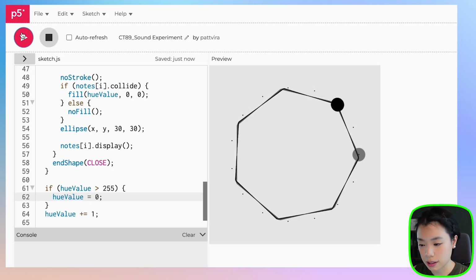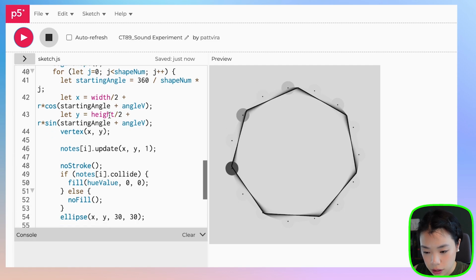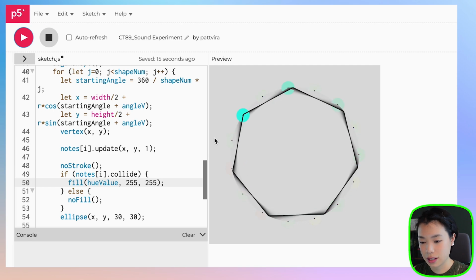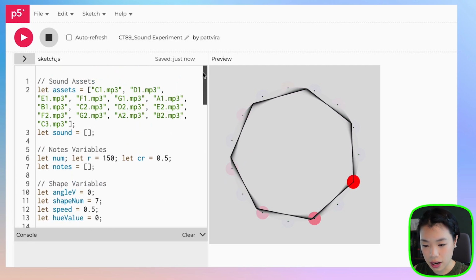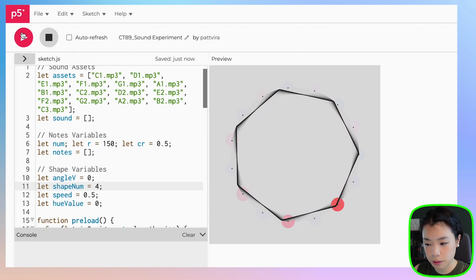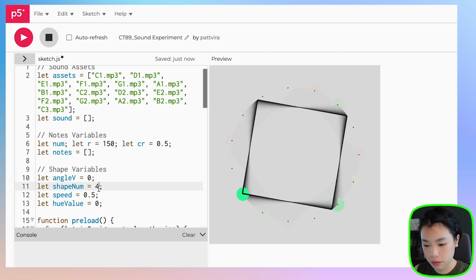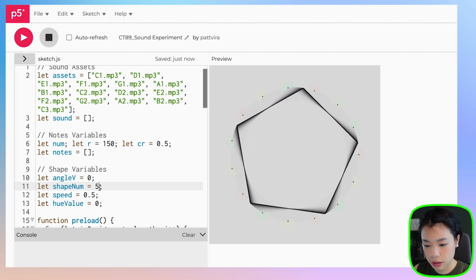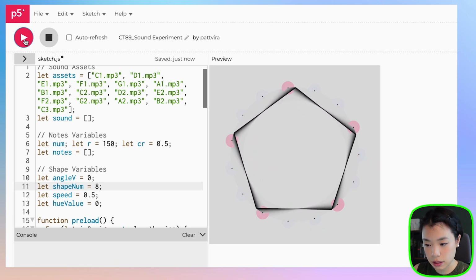Let's run. Oh, what did I do wrong? It's not 0, 0, because we want to give saturation and brightness at 255, so at the highest value. Ta-da! All right, let's play around with these variables here. What if we do 4, 5, 8,